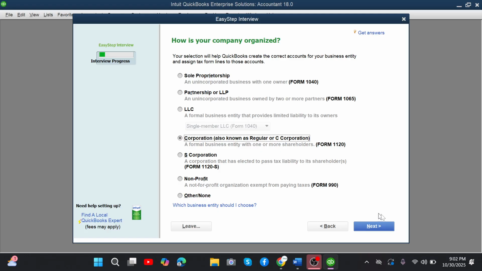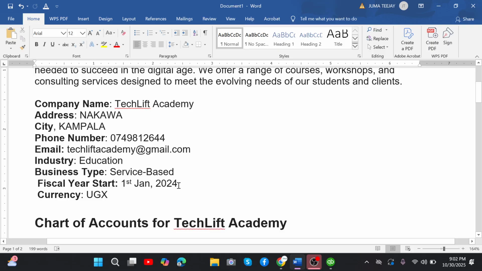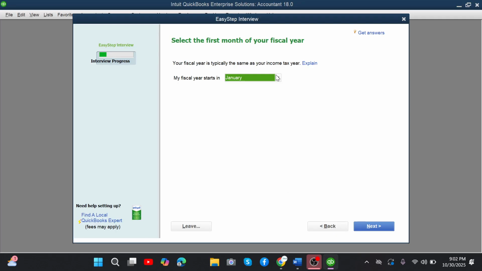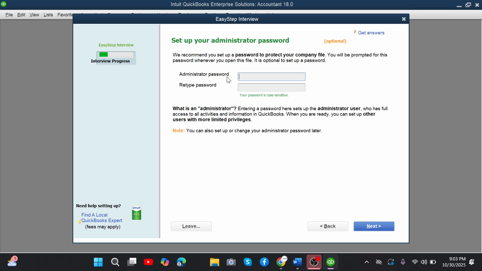We say that our fiscal year started on 1st January 2024. So we are accounting between the period of 1st January to December 2024. So it's a 1 year, or that accounting year. So if it is February, please choose that. If it is April, if it is May, choose that. So ours starts in January. You can choose that. You can put a password for your QuickBooks, or you can ignore it and go to